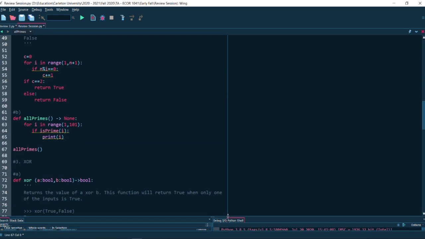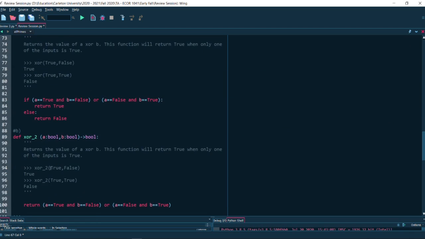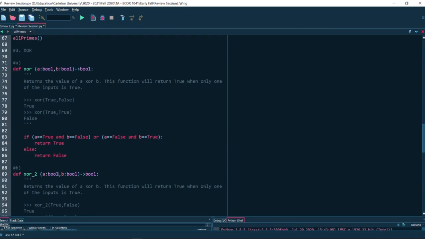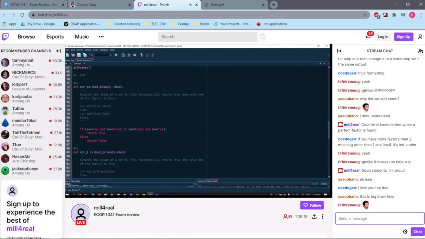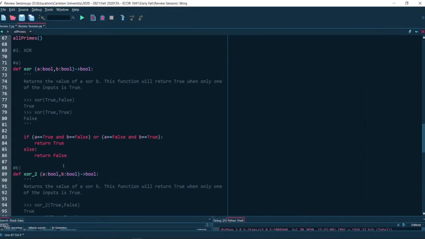This will just print the prime numbers from 1 to 100. And the final question that I had in my worksheet is very similar to some of the ones that Pranath had. It's just simple conditions. So I'm introducing this function called XOR. I don't know if any of you have heard of XOR, but it will return true if only one of its inputs is true, not both.